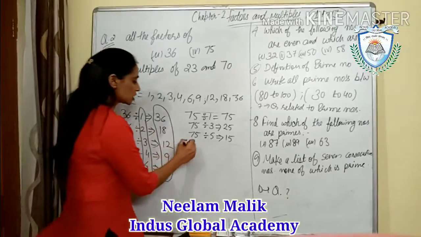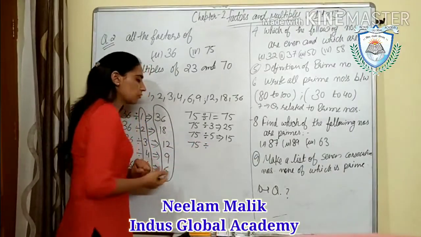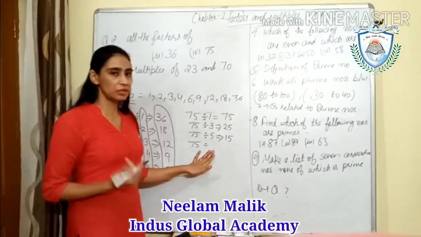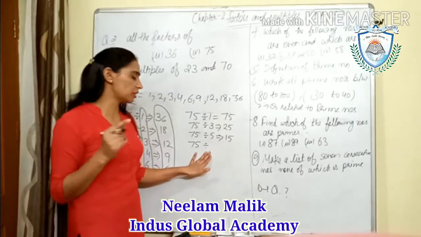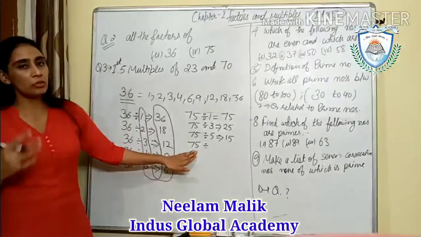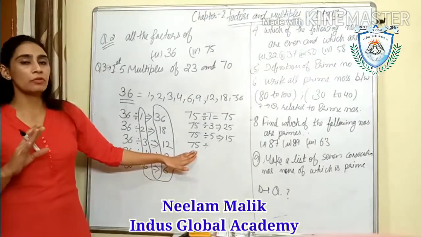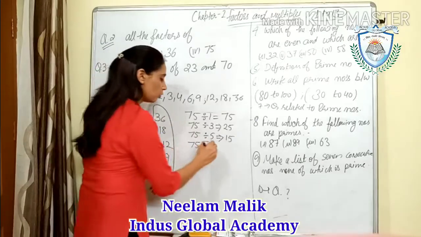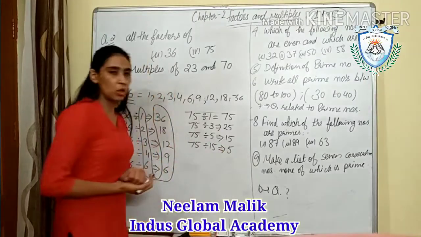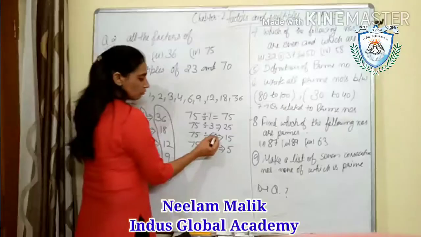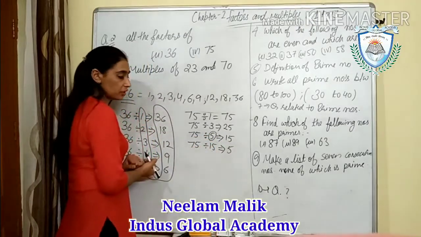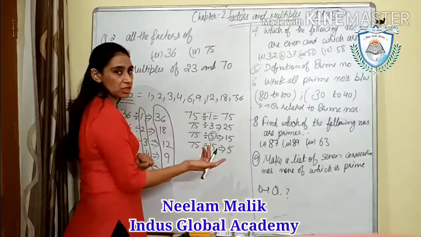Okay. Now 75. Check the 75. The last digit is 5, but 75 will not come in that. Not going on 8, not going on 9, not on 10, not on 11, not on 12, not on 13, not on 14, and now it is divisible by 15. 15 5s are 75. Look at here, repetition is started, means 5. When we are dividing by 5, we are getting 15. When we are dividing by 15, we are getting 5. So repetition starts. We will stop here.